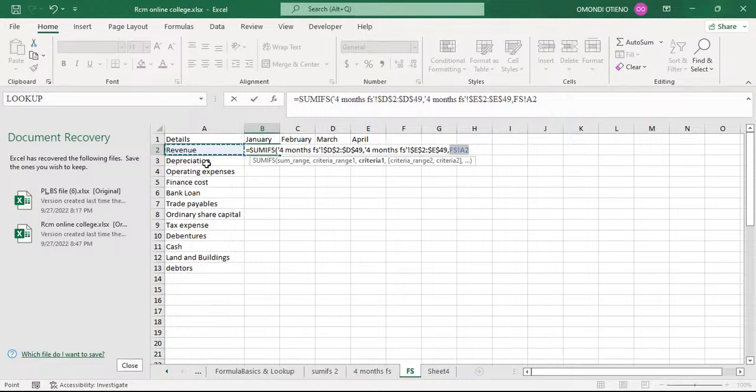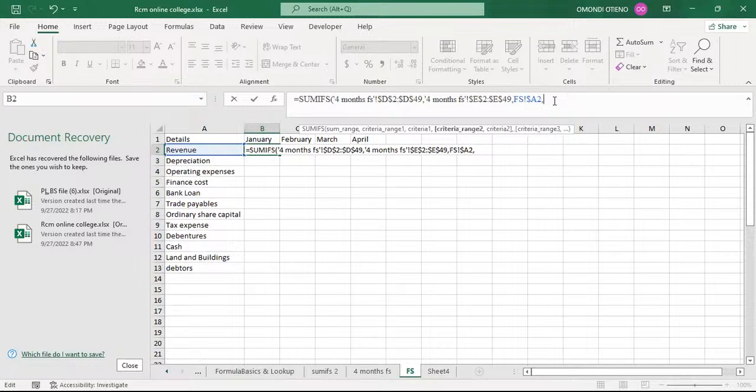What do we mean by partial dollar referencing? We are going to lock that reference point. So we are going to lock column A. Remember, in my function here, A2, A represents column, 2 represents row. So if I say I'm locking column A, then I place my dollar sign before letter A. So shift, then 4 to get the dollar sign inserted there, comma,